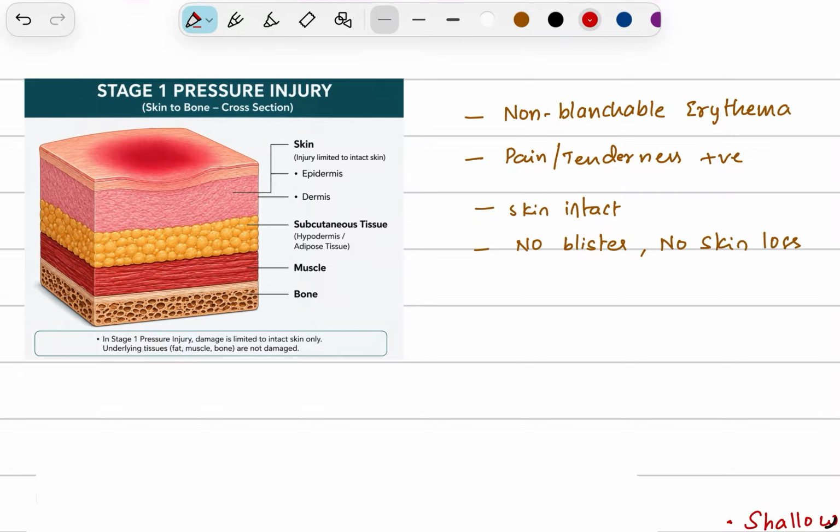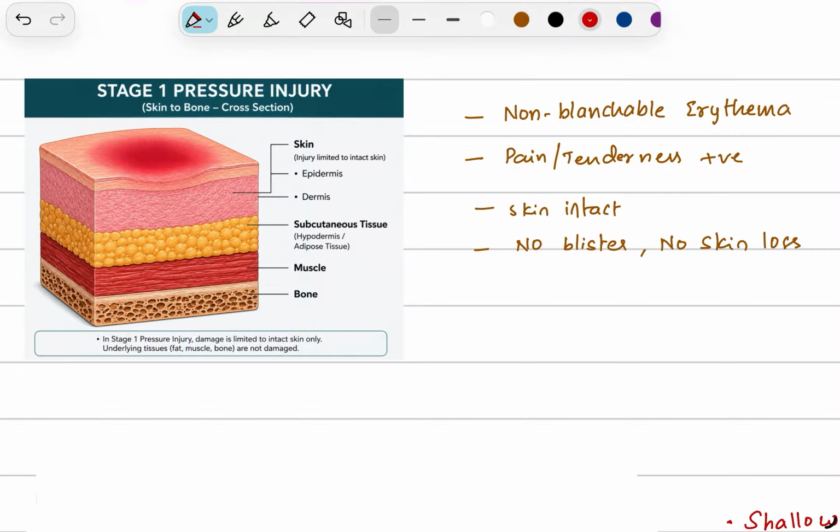Sir, another stage is also there. Yes, it is there. Unstageable stage, which is not included in your textbook, which is an update. Okay. Unstageable means you are not able to assign a stage itself. First stage, second stage, you can't place it in any stage. That is called unstageable. Sir, how can you say it is unstageable?